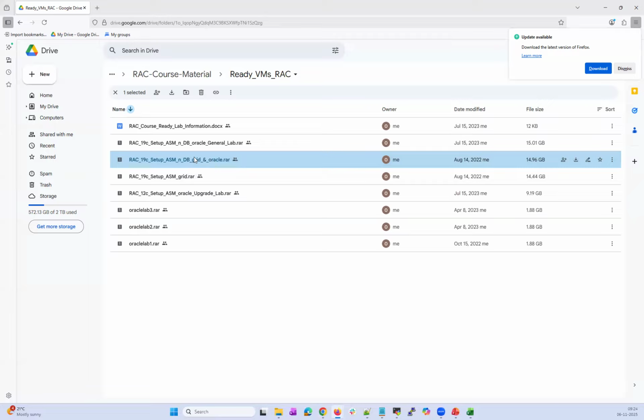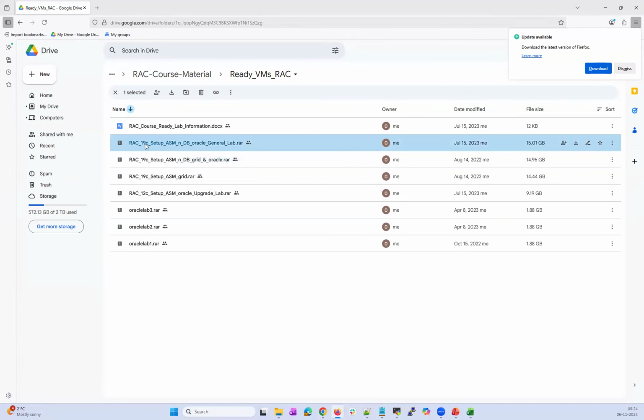These are your ready labs. You just need to download and add them to your VirtualBox. And then we have this 19c RAC setup, with ASM and database running with the Oracle user. It's general purpose, so we prefer to go with the Oracle user for both the database and the ASM or cluster, so that it will be easy for you to practice and maintain. So there are many labs which are readily available. You can use them for practice.